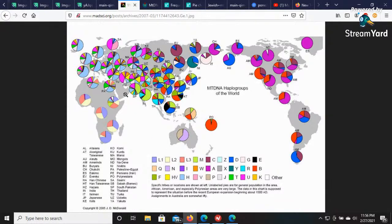But this T, the green, this J, this lighter blue color, or whatever it is, this U, this purple color, plus the H, you can see now the majority of Europe has this Semitic characteristic of the mitochondrial DNA, and the U and the K. So that's the majority makeup, and you can see just about anywhere in Europe will take it,